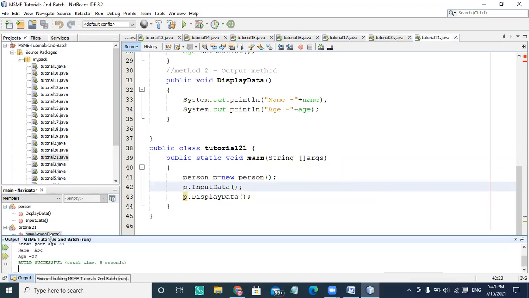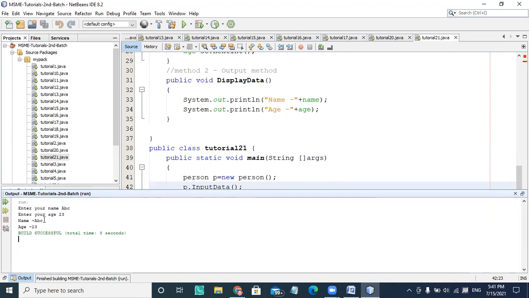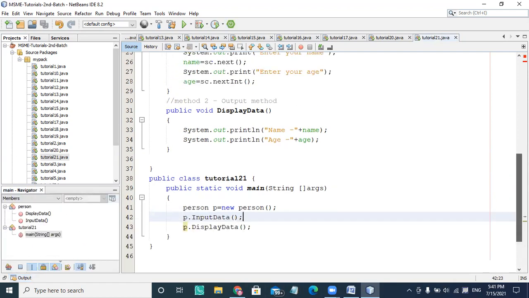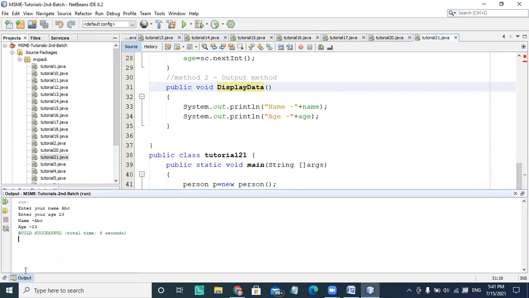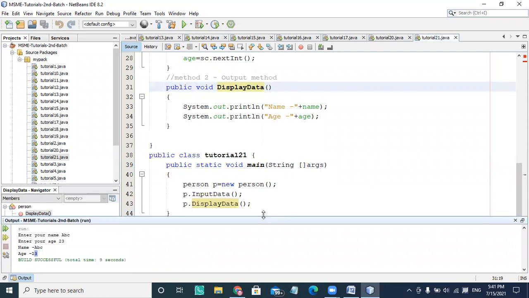So it's going to show the name and age because display data is called, not automatically, we are calling it explicitly with the help of the dot operator on the object. P is an object of that kind, and whatever initialization is taking place, you are assigning that value to the respective variable, and that value you are picking up from this.